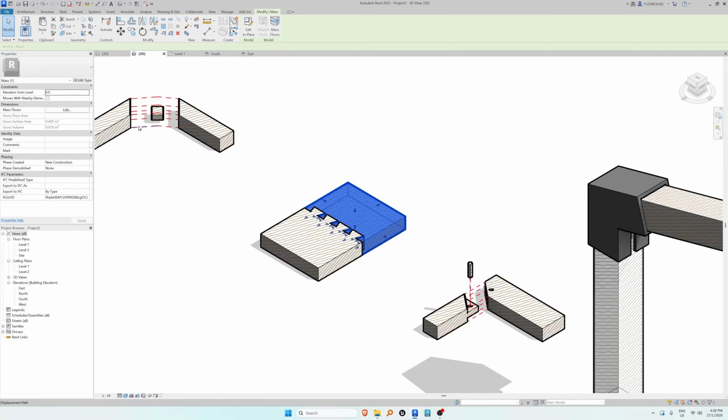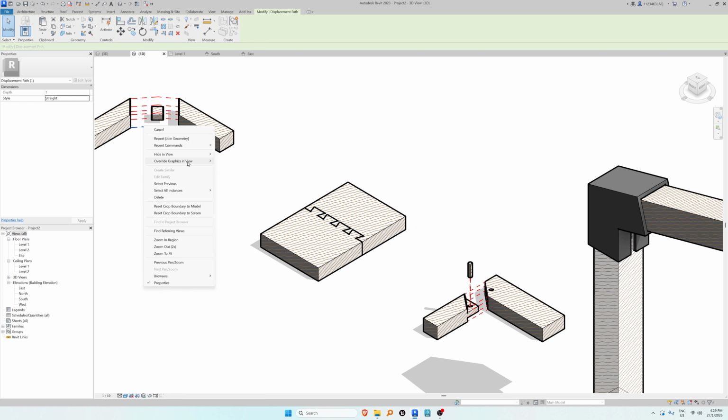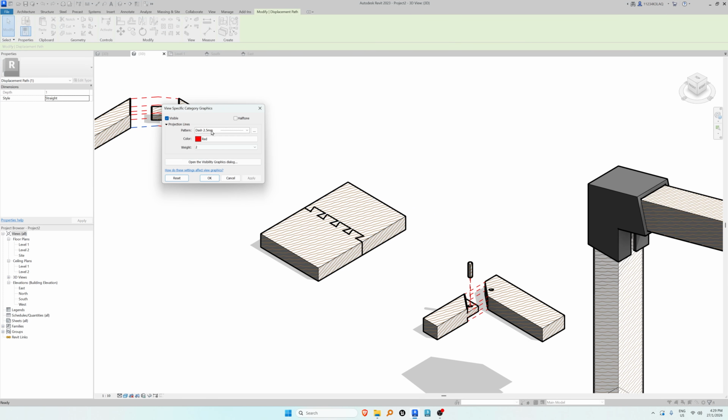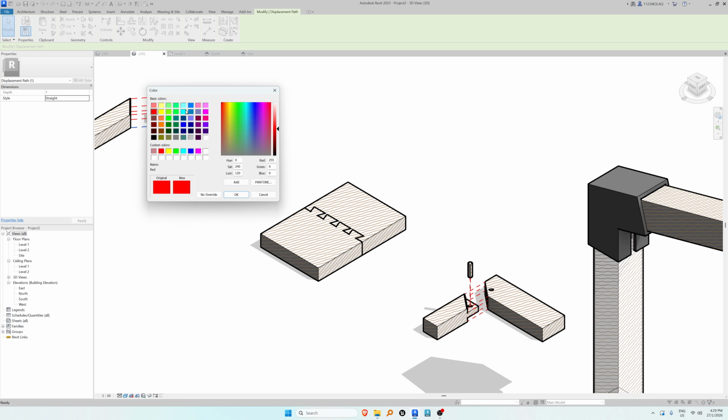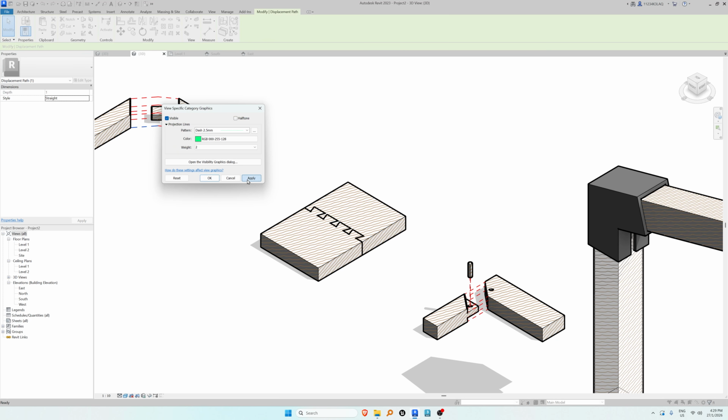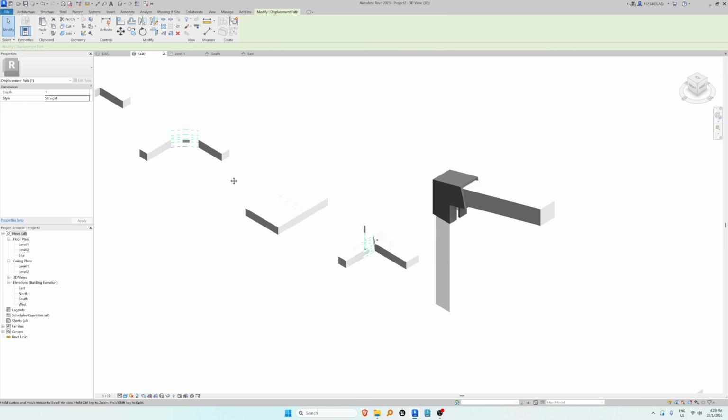And then for my lines, to make them red, what I did is I right click the line, override graphics in view by category, and then here you can pick your type of line that you want. Okay, once you do that, you can change the line weight here, and then you can press apply. Okay, you can change your color to any line you want. So if you want maybe green lines, and they'll become green,